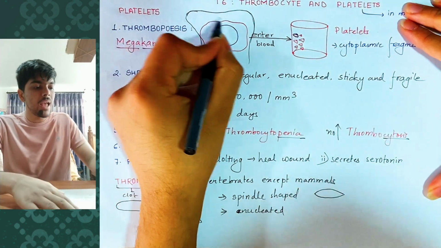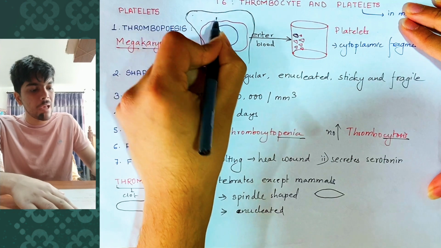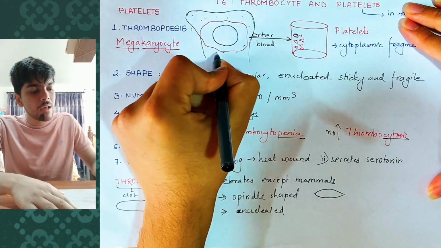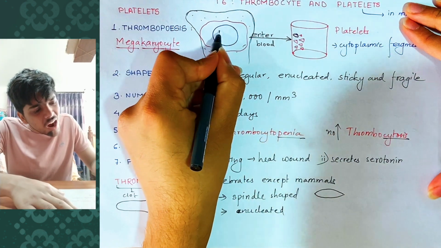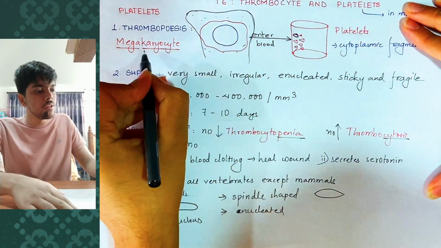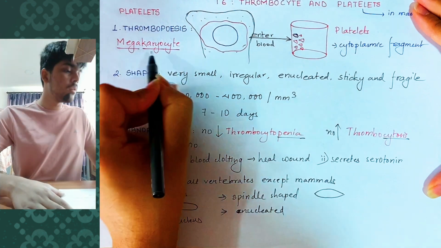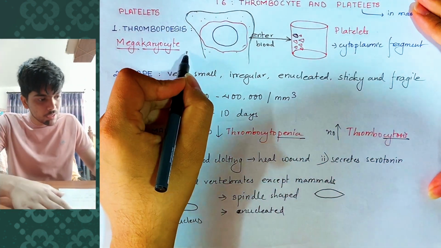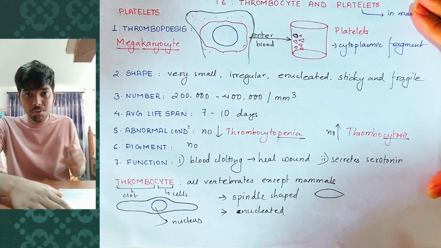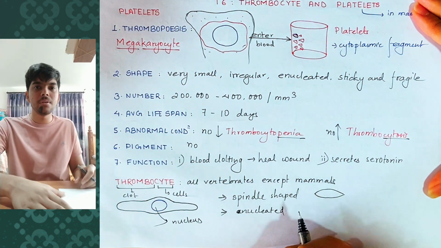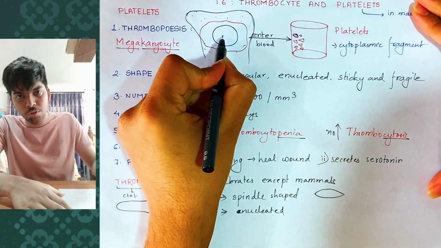Okay, so here's the epiphysis region. Inside the epiphysis of the long bone, there's your red bone marrow. Inside the red bone marrow, there are these large cells with large nucleus called megakaryocyte. What are they called? They are called megakaryocyte. Mega refers to huge, large, karyo refers to nucleus, and cyte refers to cell. So these are cells with large nucleus, so-called